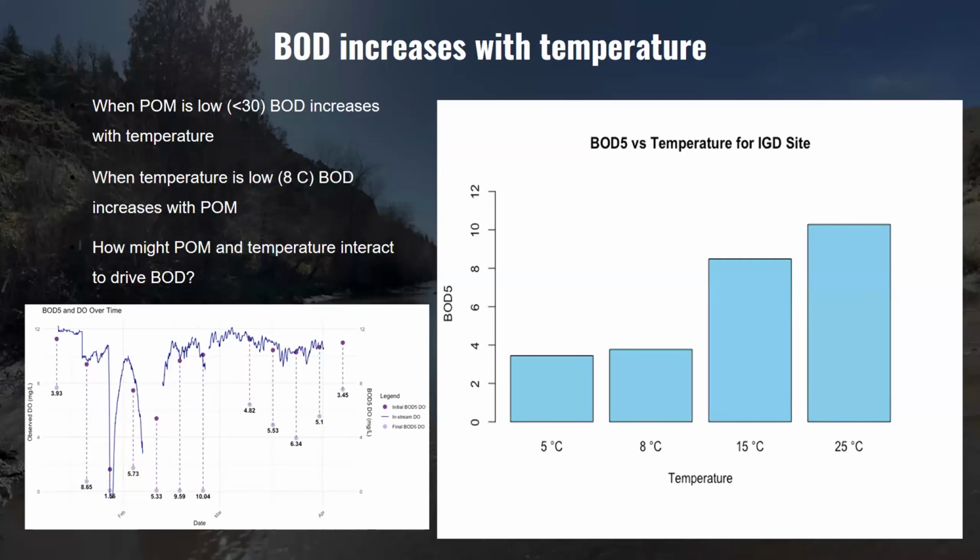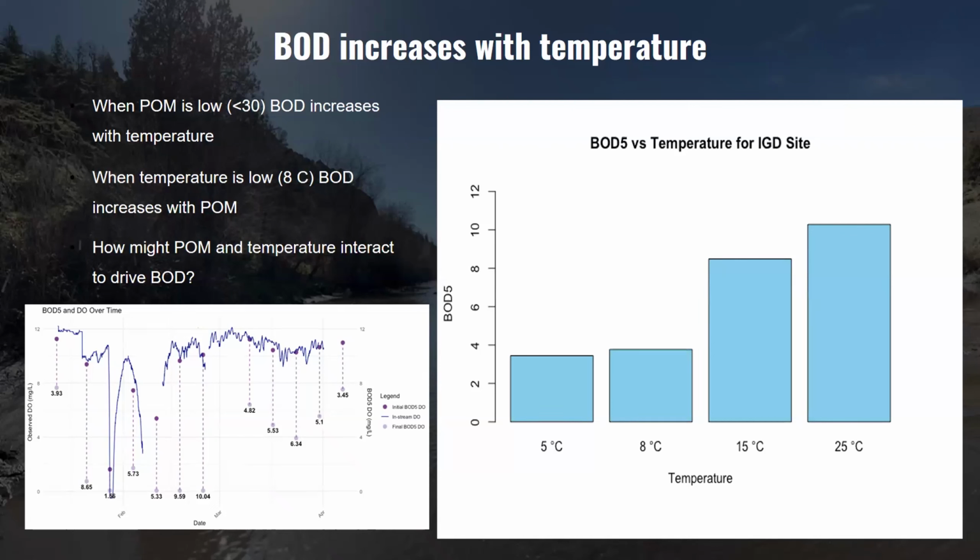But what's interesting to see is we have really high BOD5s, between 10 and 11, when there are low carbon or low organic matter values present. Because in all of these temperature controlled incubations on this bar graph, we're at low organic matter levels, like less than 30 milligrams per liter here. So under those low organic matter conditions, but high temperatures, we have BOD5s at around 10 to 11 milligrams per liter,